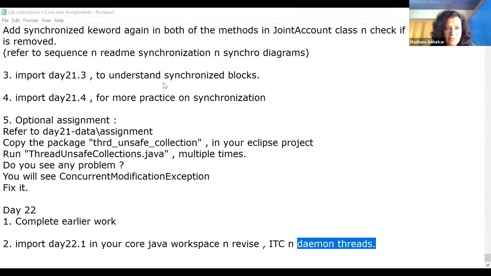Let me just check. Give me a minute. I'm just cleaning up my two directories. I had Java E and J2E. So I'll just straighten it up and come to you.